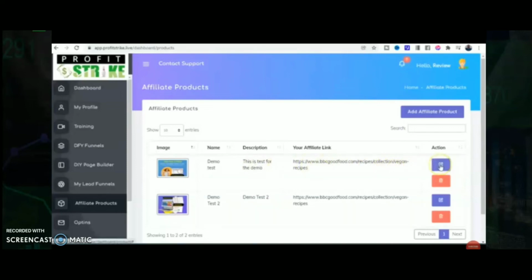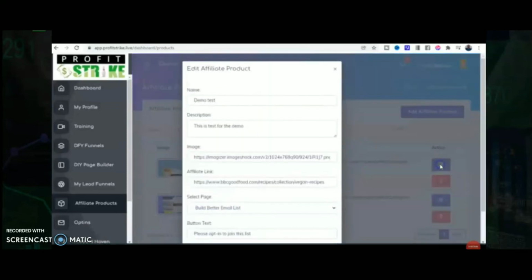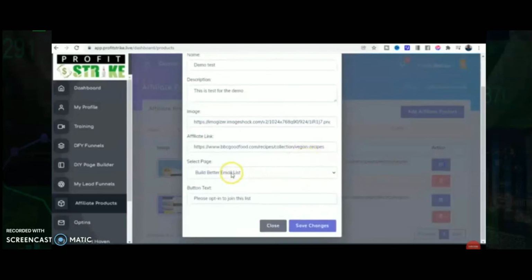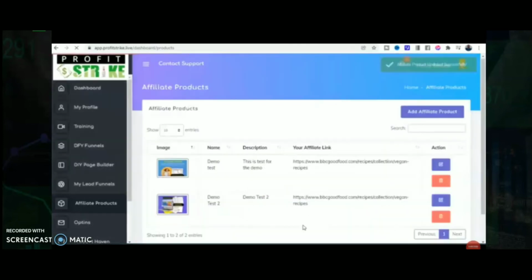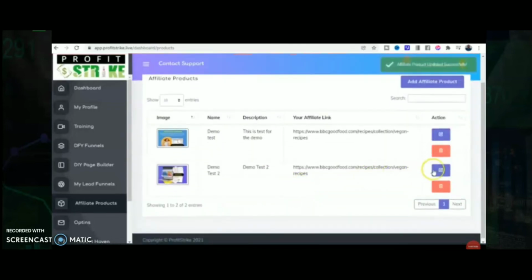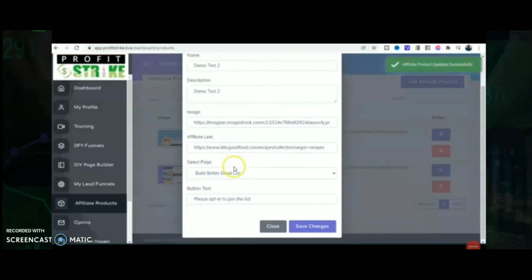So as you go to here, you choose which page. The software automatically enables you to sync it. So I'm going to go to here, and I'm going to save changes. And I'm going to do exactly the same with this product here. Okay, and then I'm going to save the changes.